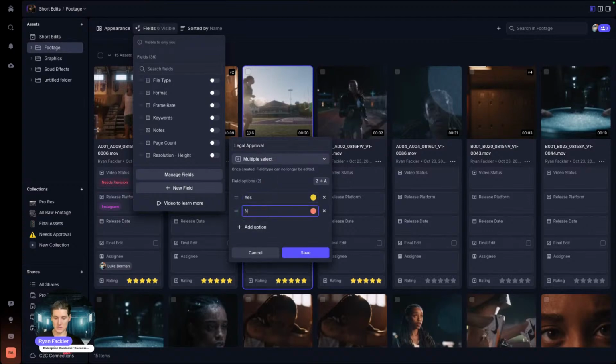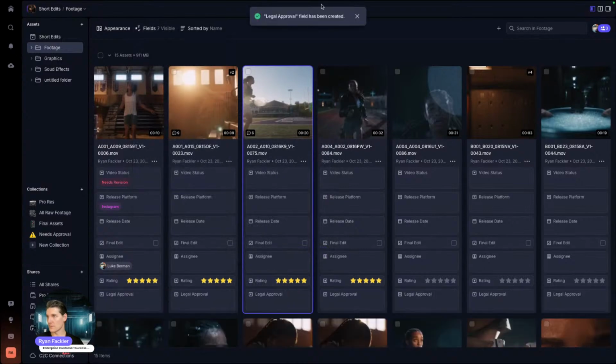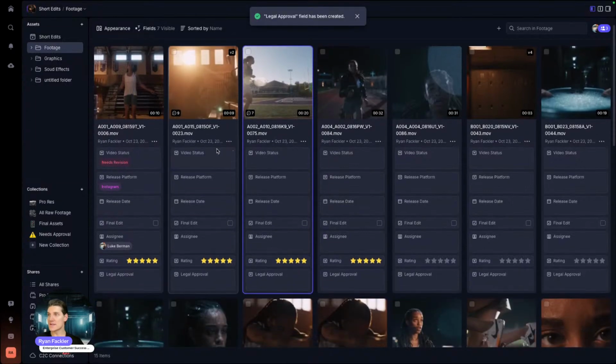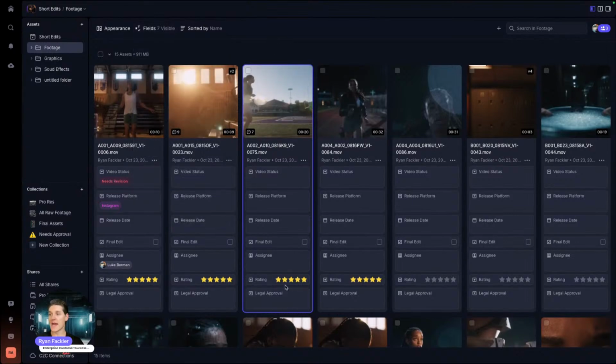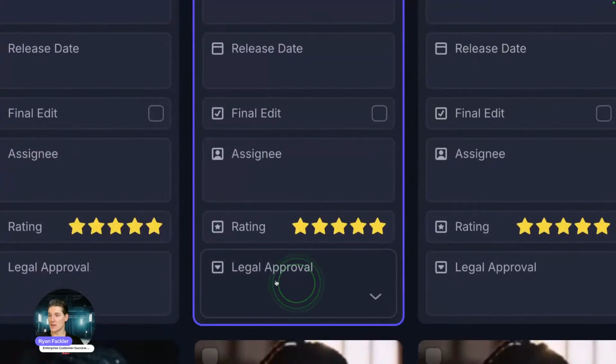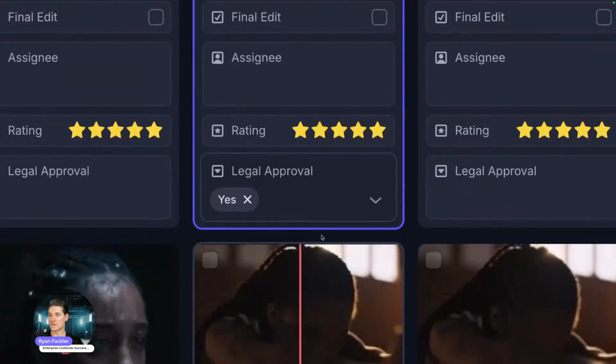Let's just have this be a yes or a no option. I'm going to change it back to single, actually. Let's have yes be green and no be red. Save. So now you could see that that field that I created for legal approval that's clicked on will sync up here with every asset associated with this project